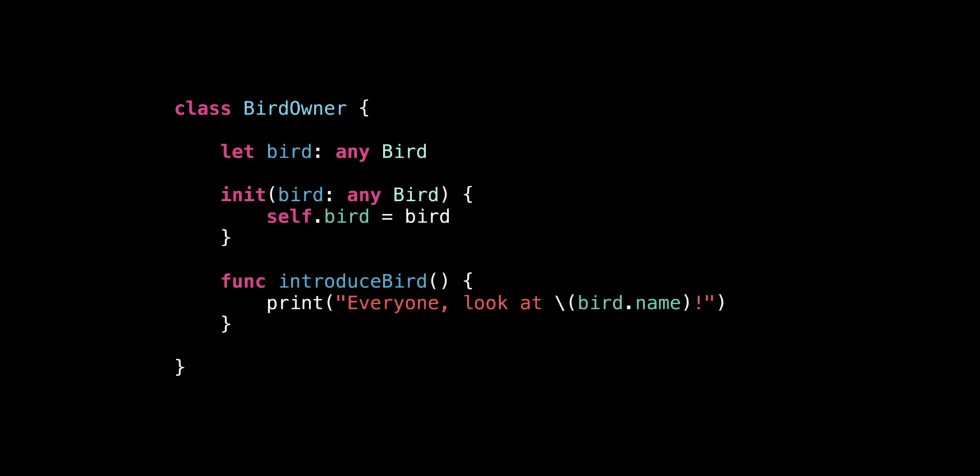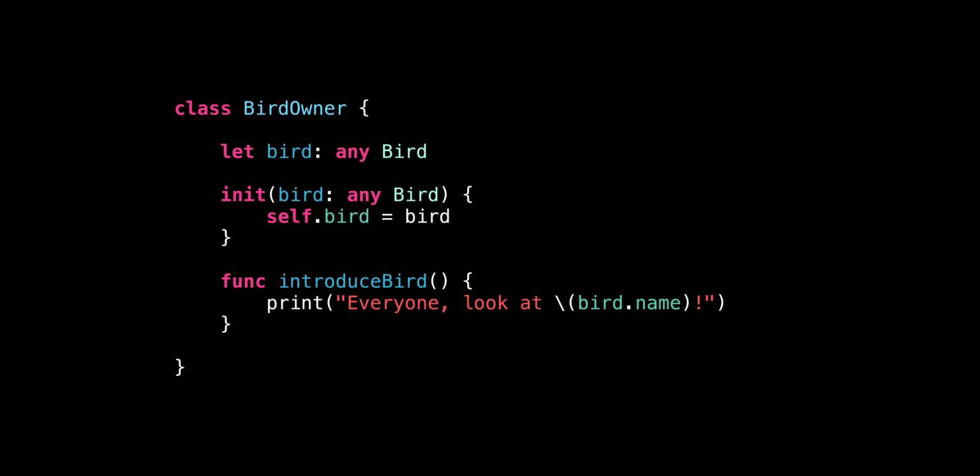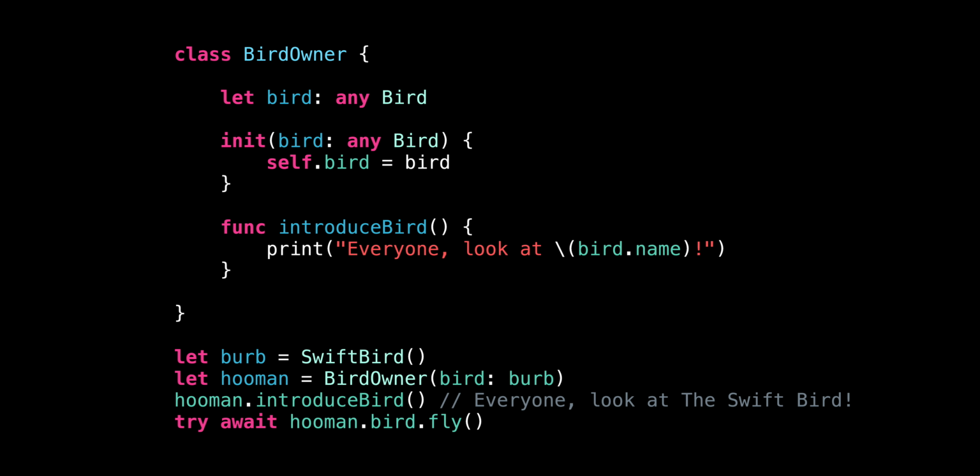You simply use the name of the protocol as the type of a property or function parameter. The any keyword is optional in situations like this. Of course, it doesn't exist for nothing, but again, I'll get back to it in another video. At this point, I can already access any property and call any method declared in the protocol. I can pass the protocol object as a function parameter or make it someone else's property.